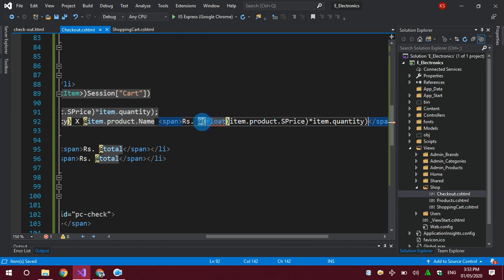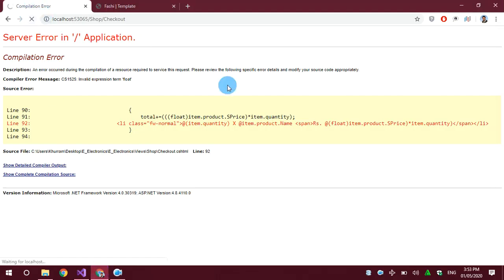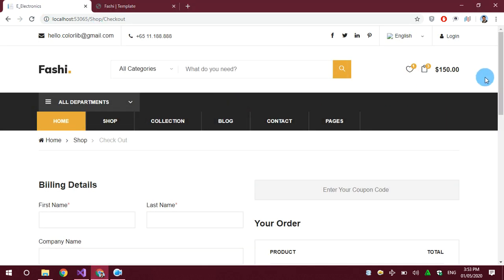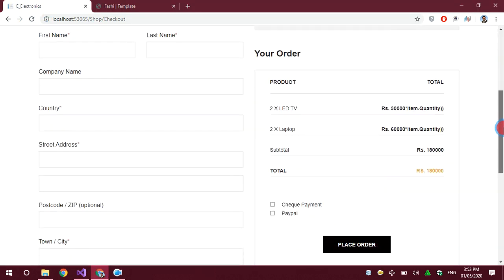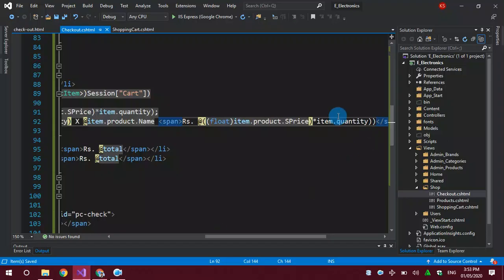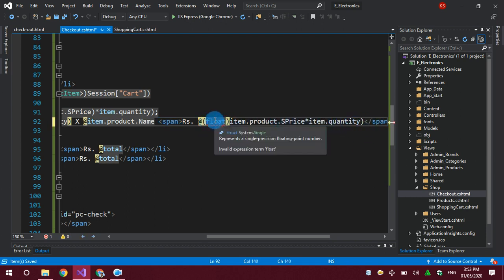Okay, float of type, one more time. Okay, refresh. This is considered as a single expression float.